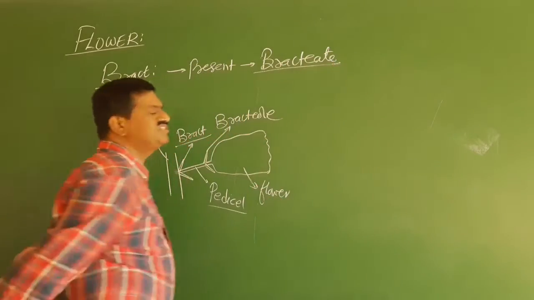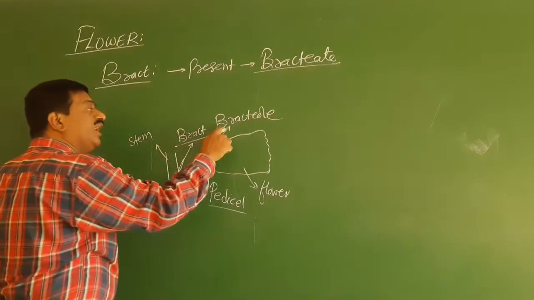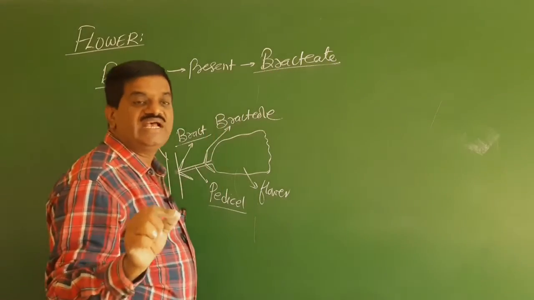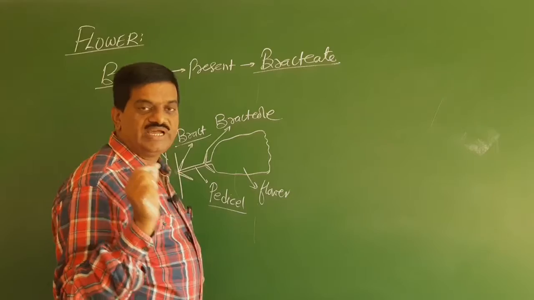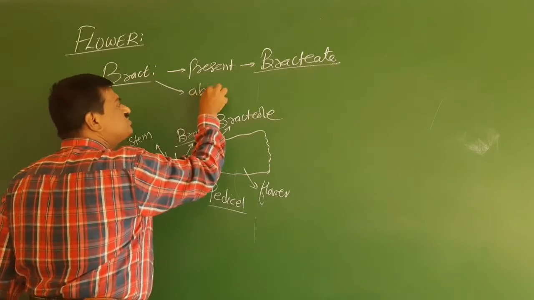If a bract is present, we use the word bracteate. In the same way, if a bracteole is present, it is called bracteolate. If a bract is absent,